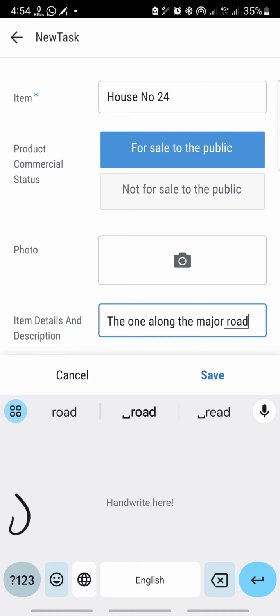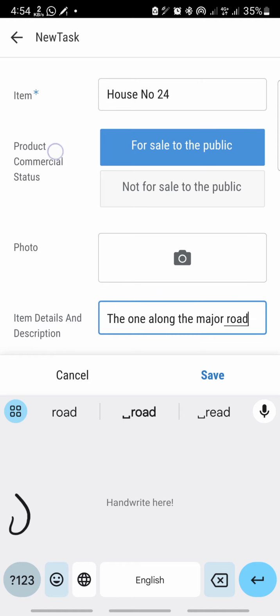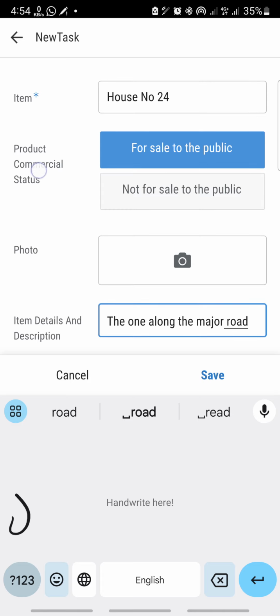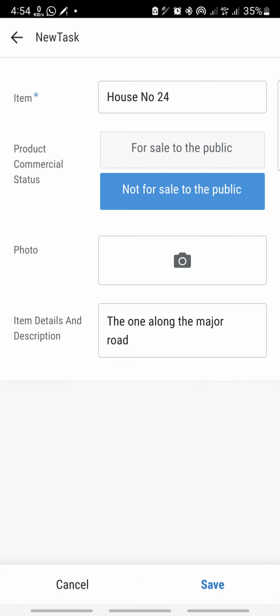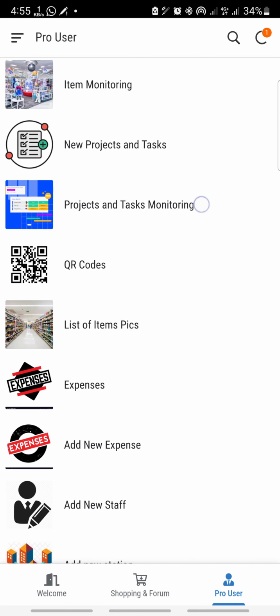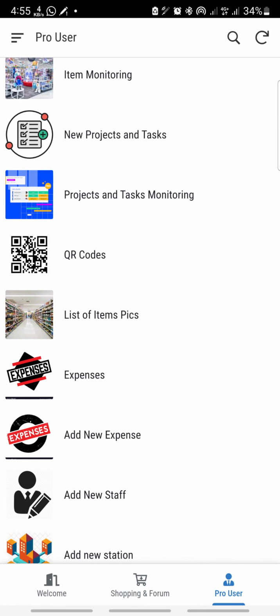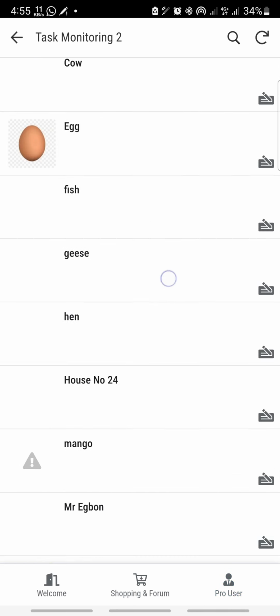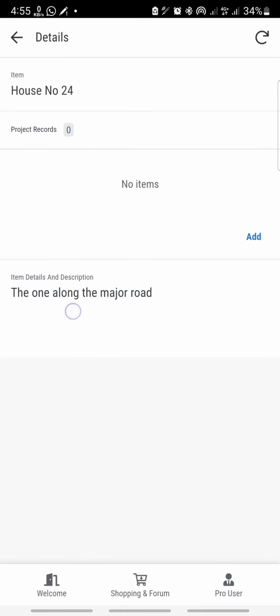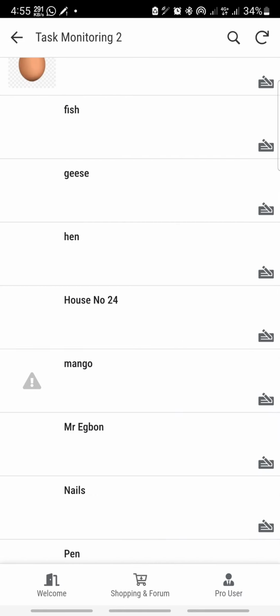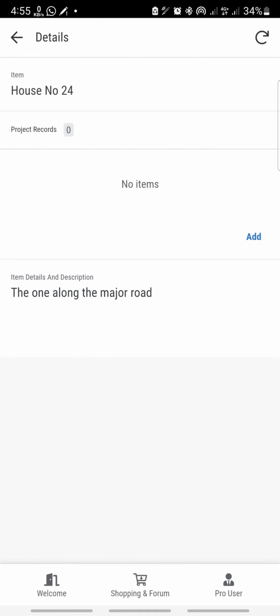For sale to the public means that everybody can see it, but for this project I don't want anybody to see it. I don't want the public to see it. So I check not for sale to the public so that nobody sees it. Please, this is very important. Then I save it. Now that project, I want to start monitoring it. If I come here, you will see it here: house number 24. If I click on it,